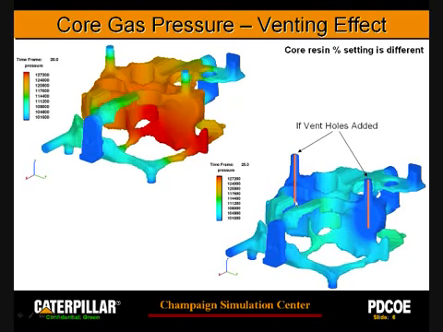If you put very simple vents in here, very small diameter holes, you can really relieve the pressure a lot. This one probably only needs about a couple of inches of head to suppress all the core gas, and this one needs about 20 inches of head. So you can see the tool helps you understand what the most effective vents are. We have tried this simplistic case, putting a hole in here and drilling through the core prints. But I think in reality you can do a lot more than this and understand how to route your gas out from the core much better.